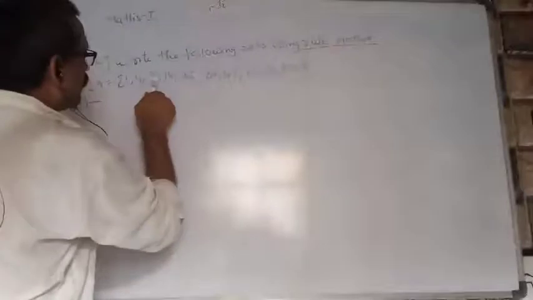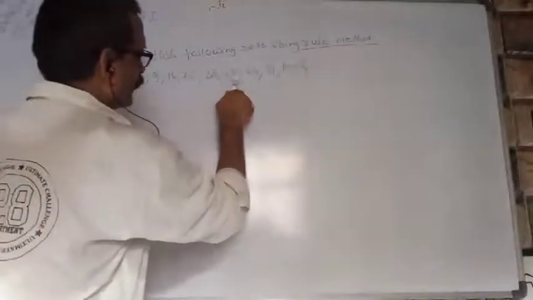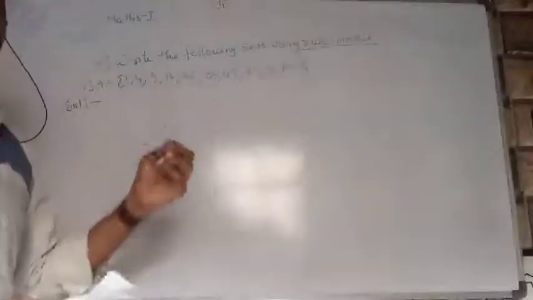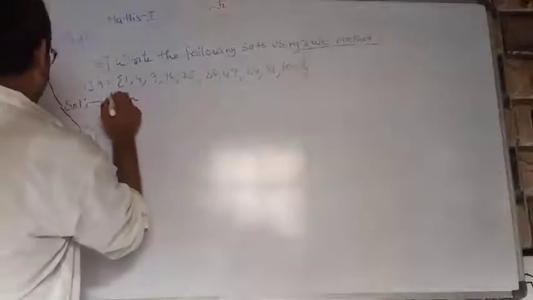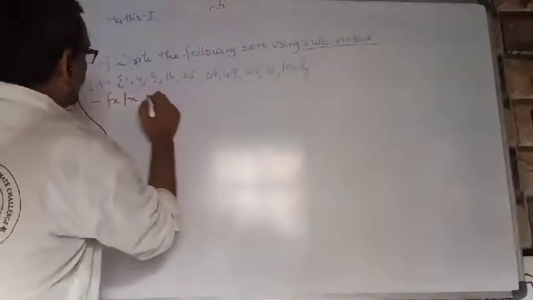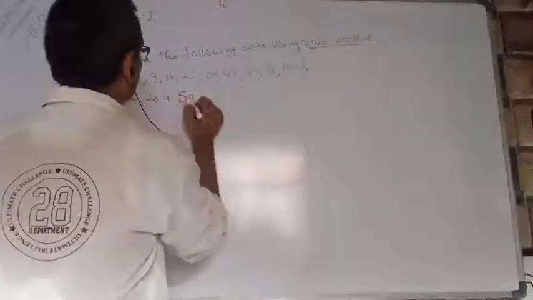The first question is given 1, 4, 9, 16, 25, 36, 49, 64, 81, 100. We know this is the square of numbers. Now we write the rule form: x such that x is the square of